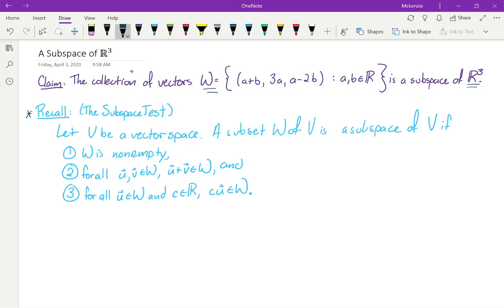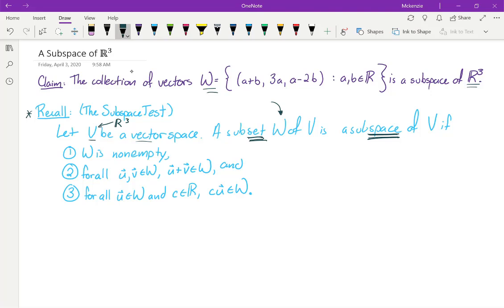It says if you start with a vector space, so V is our vector space, so we'll be thinking of V as being three-dimensional space. And then a subset, so a subset is just some collection of vectors that is in the larger space. So this W is the same W. A subset is a subspace if the three are true. So a subset is a looser term, subspace is a more precise term, and it works if you just show